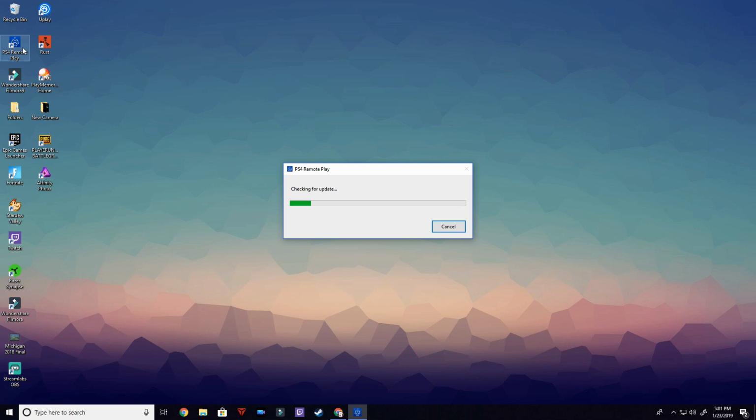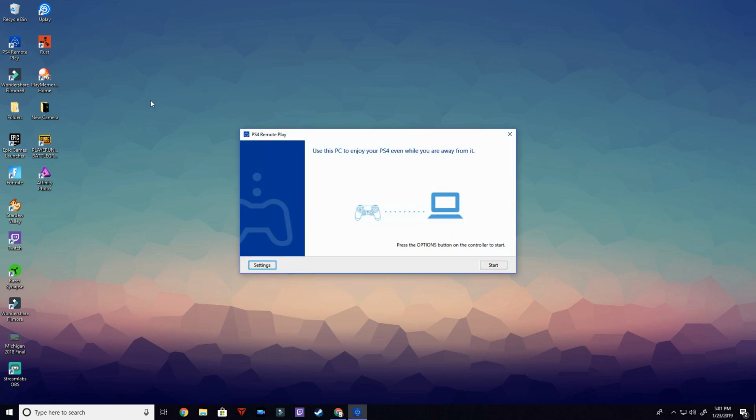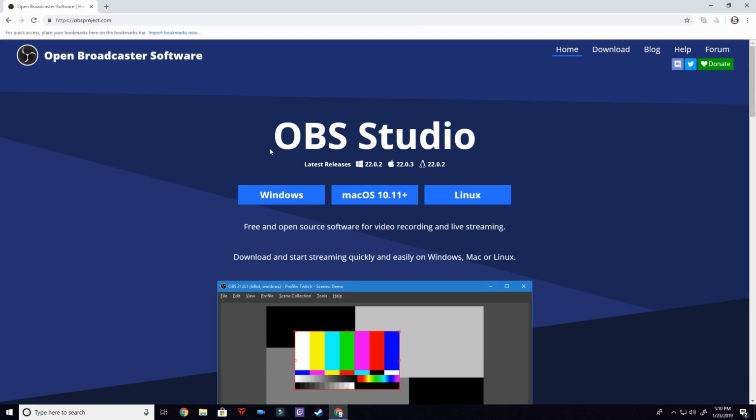If we open up Remote Play, we can see that it checks for an update, and then you'll be prompted with this screen right here. This is the screen you're looking for to know that it'll work. Now you're going to want to make sure your PlayStation and your computer are on the same Wi-Fi network for it to work properly. Now we're going to download OBS so we can stream,